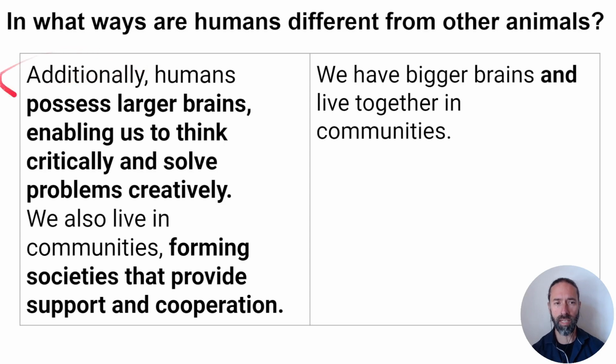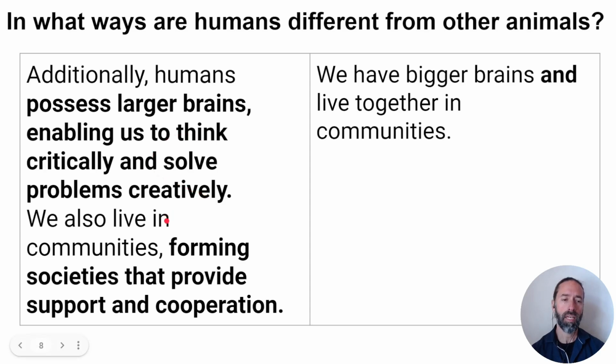Additionally, we're adding a linker here. Humans possess larger brains. Humans possess, instead of humans have bigger brains, bigger, larger, more complex language. Again, we're using comparatives. And then enabling us to think critically and solve problems creatively. Again, we're telling us, what does this do? It gives a bit more information, and the languages here are also far more